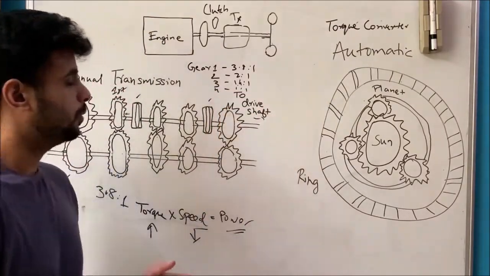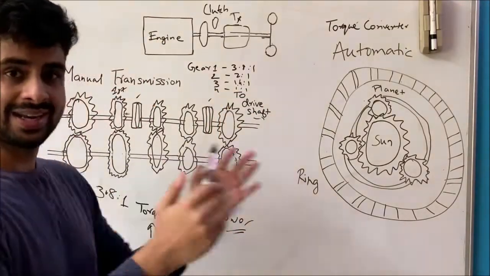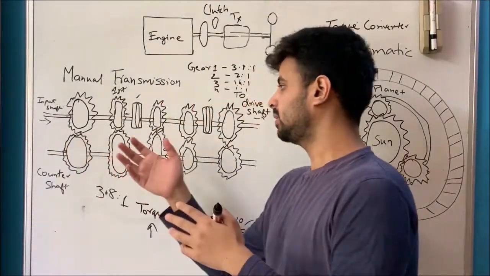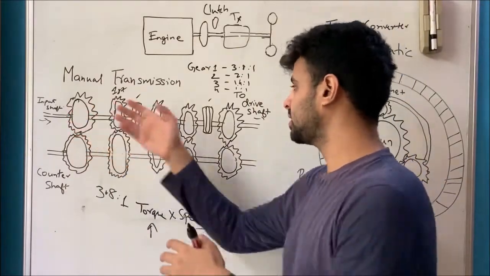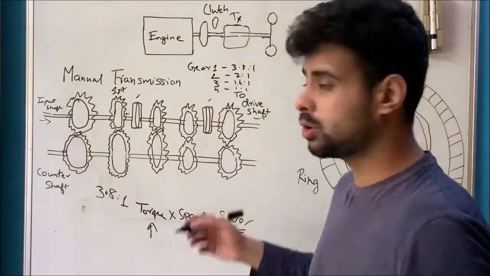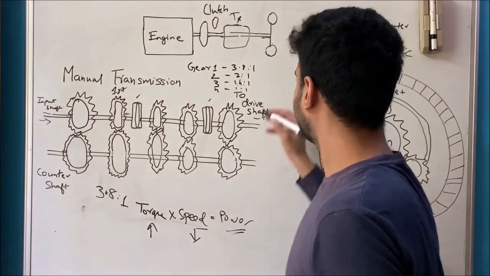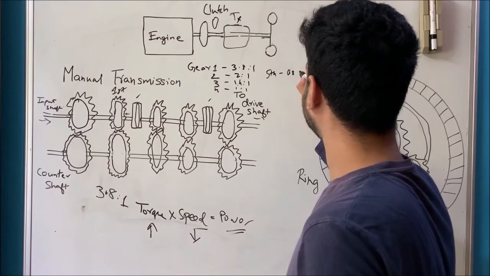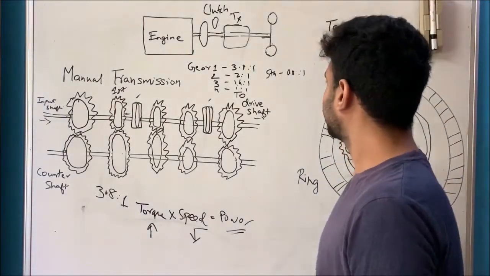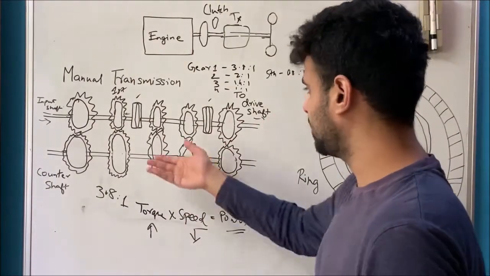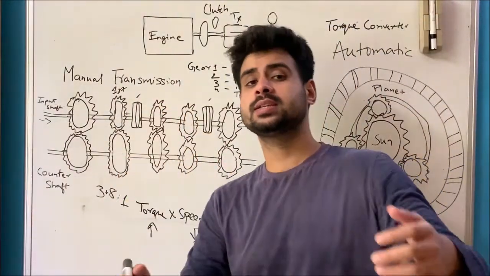So when you're in fourth gear, you're in direct drive, which means the input power is the same as the output power. And you can also get, obviously, fifth gear, which we call overdrive, where fifth gear is usually 0.8 to 1. So you got so much power that the input only needs to turn 0.8 times for you to get the output to turn once. And of course there is reverse gear.